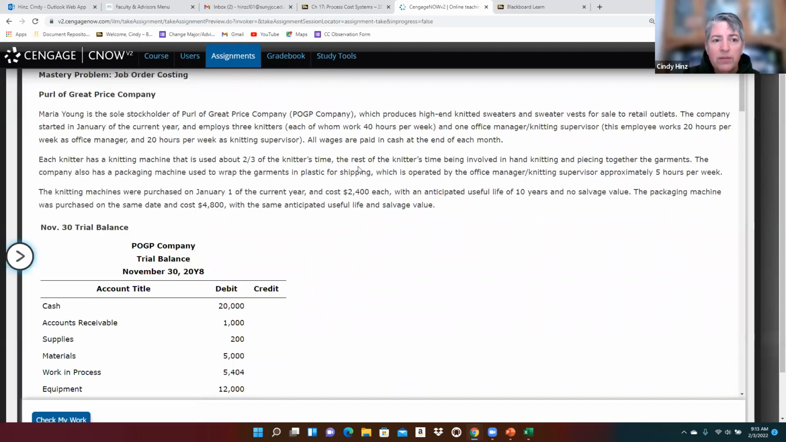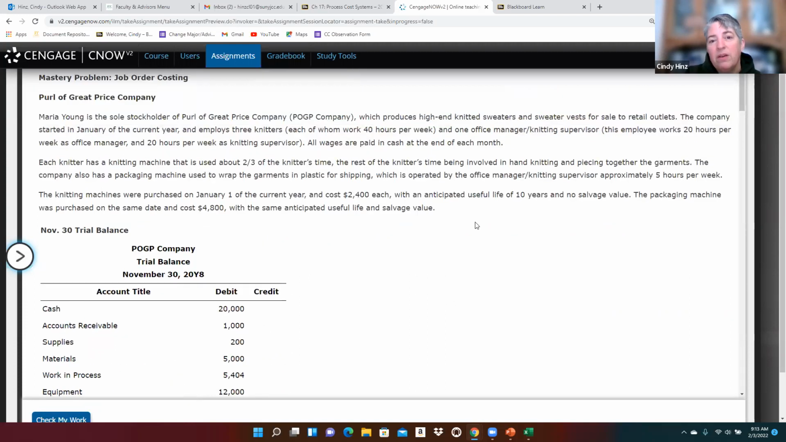So as always, we're given some information at the top about generally what's happening. I know there's a tendency to skip over all of those words and just go right to the numbers, but it is very important that you read everything that's given. We've seen that in earlier settings as well. So it explains about who the laborers are. We have 3 knitters, 1 office manager / knitting supervisor,